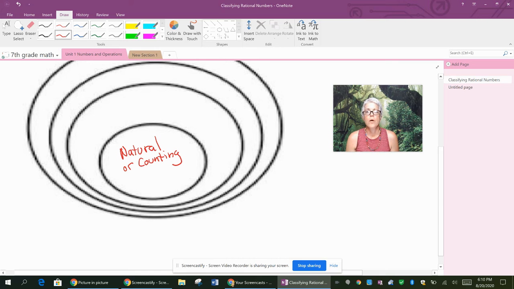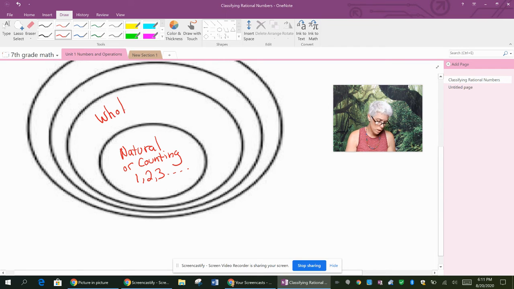You can do this in your head, but imagine putting your hand up like you're going to count. When you're going to count, what do you start with? 1. That's a counting number. I'm counting 1, 2, 3. I don't say 1.5. I don't say -1. I don't say 0. These are counting and natural numbers. So I'm going to write that down here. Starts at 1, 2, 3, and it keeps on going. They're all whole numbers. They're all positive. I use the word whole numbers, but probably improperly for what we're doing next, because our next